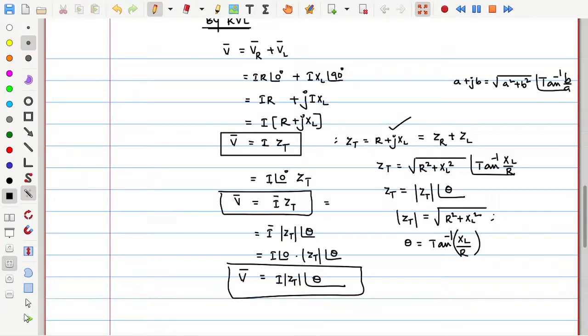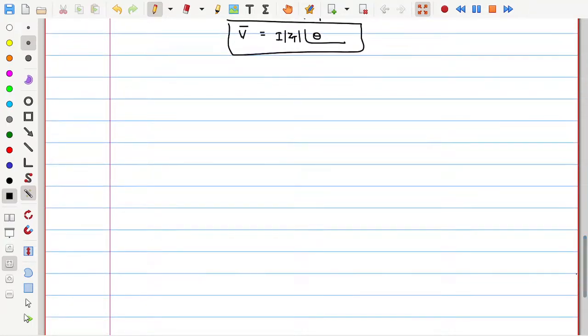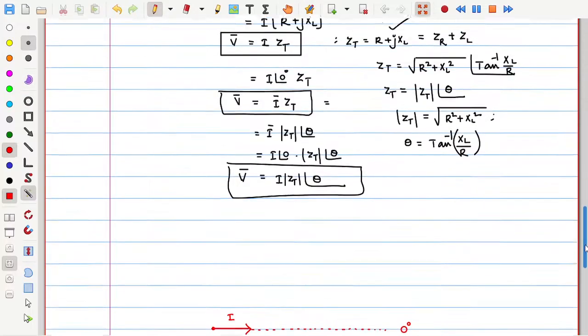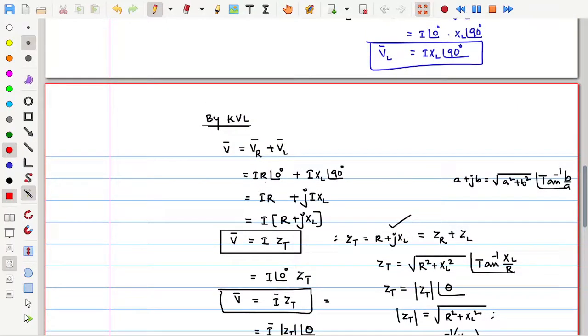Now quickly let us put everything into a phasor diagram. So we know the current first. How much is the current? Tell me. Current has a magnitude of I. The angle of the current is, one should speak about these things, this is 0 degree. So the angle of the current is I at an angle 0, right? So the angle of the current is 0.